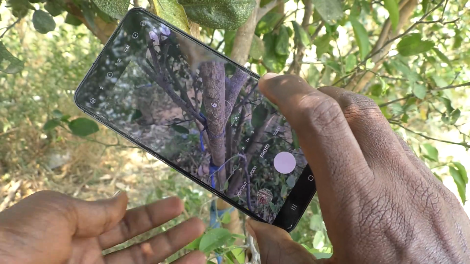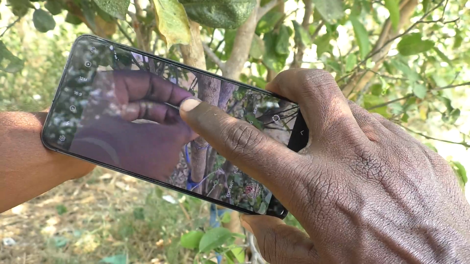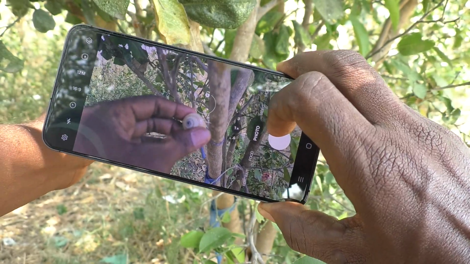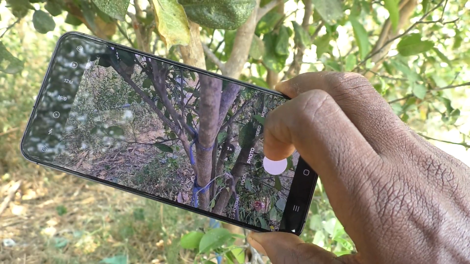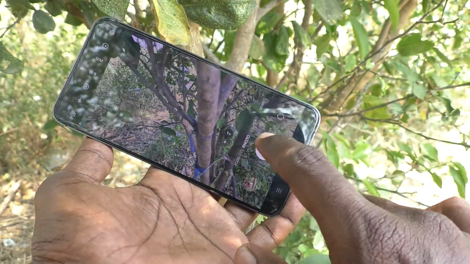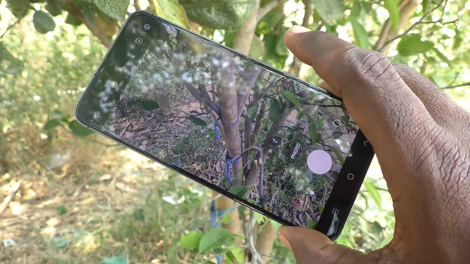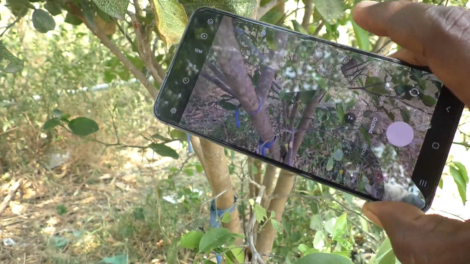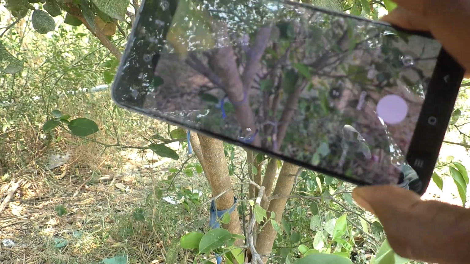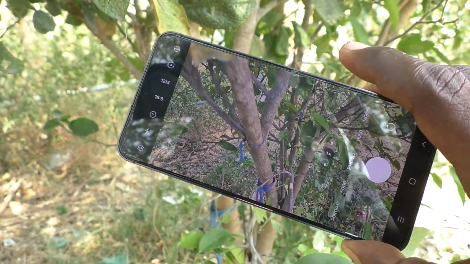Suppose if you are going to take a picture, what will you do? You will usually use this shutter button. So suppose in some situation you will find a difficulty in pressing this shutter button. In such case what will you do? You can use extra shutter button. You can place that extra shutter button anywhere on the screen and you can easily touch that shutter button